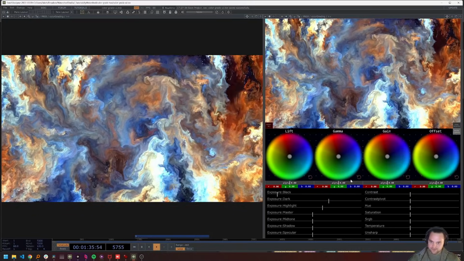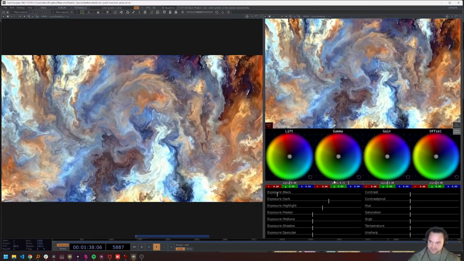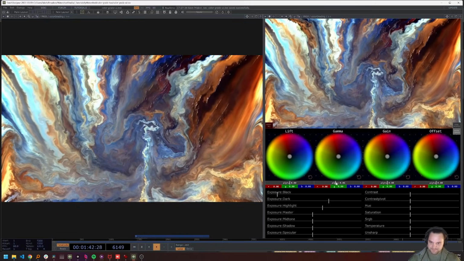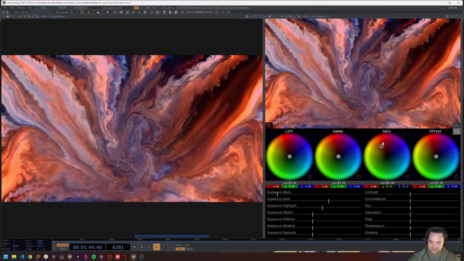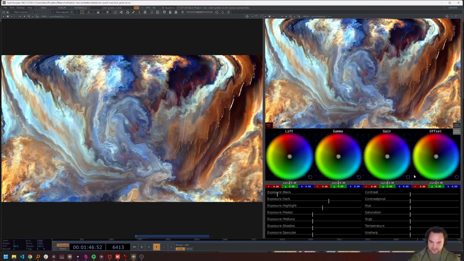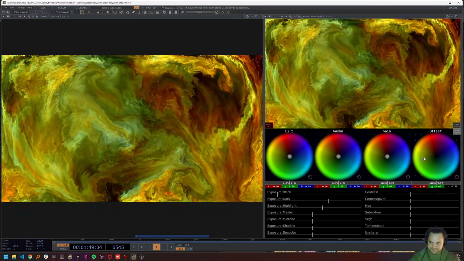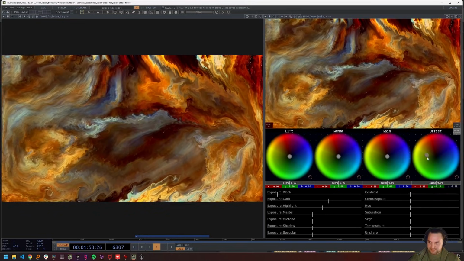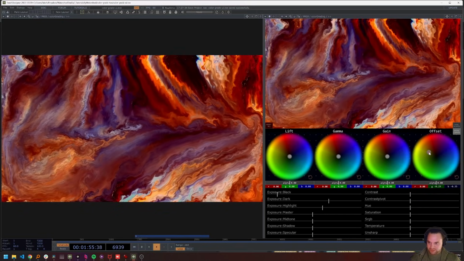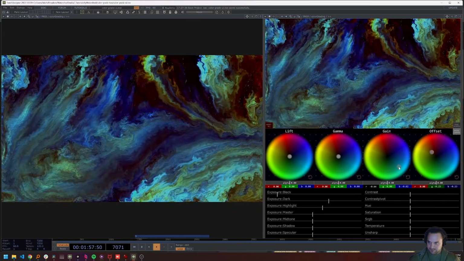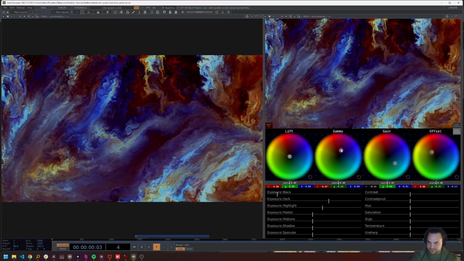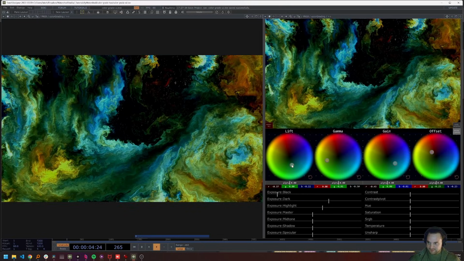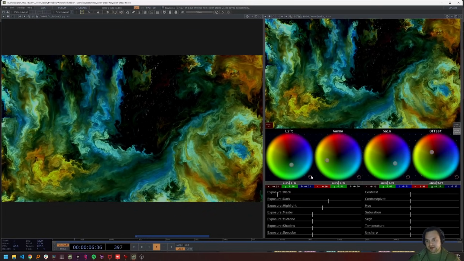So overall, we have these master wheels down at the bottom, which is great. And then of course there's the gain and the offset as well. That's fun. And you can see there are some pretty cool gems to be found, especially when we start combining some of these different elements. And then we do the lift. Yeah, that's pretty cool. However,